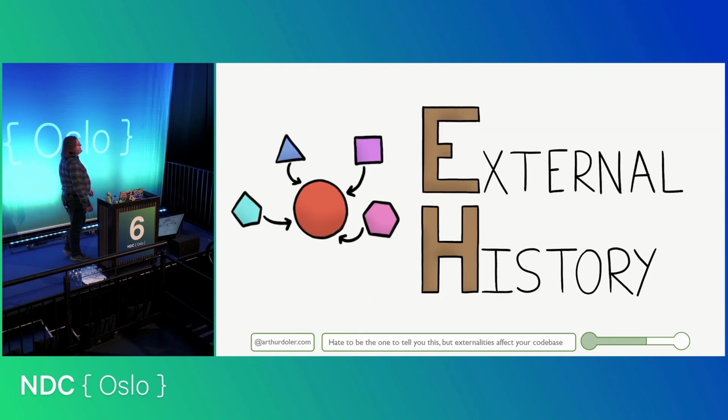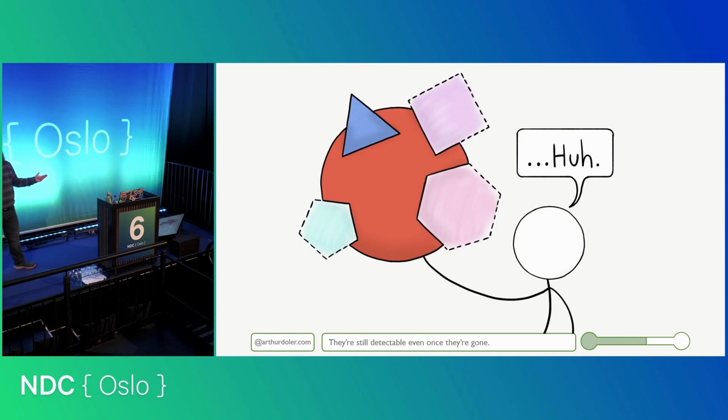The last kind of history is external history. An external history is the history of the things that shape your project. You can understand it if you think about it. External projects, frameworks, libraries shape your code. They change the way you write that code, especially if it's a large-scale framework. And you can actually tell things about your code because of the libraries that you work with.